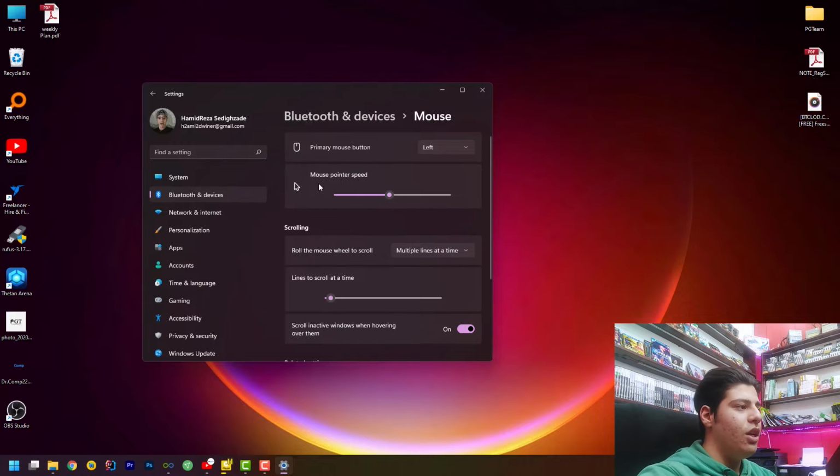in here you can change the mouse pointer speed. For example, if you press it on low, it will be like that. Or if you press it on the fast, it will be like that. With a simple click, the speed of this mouse pointer will change. Okay,